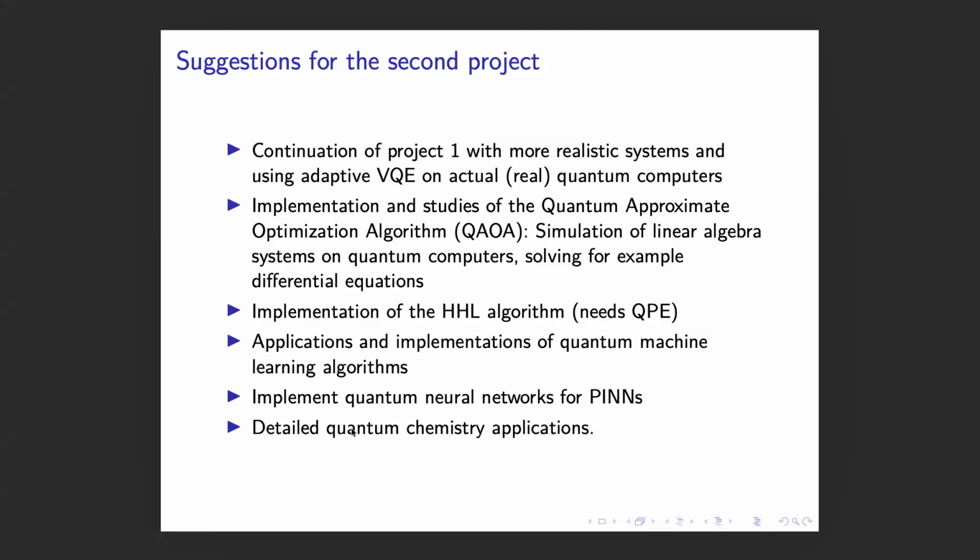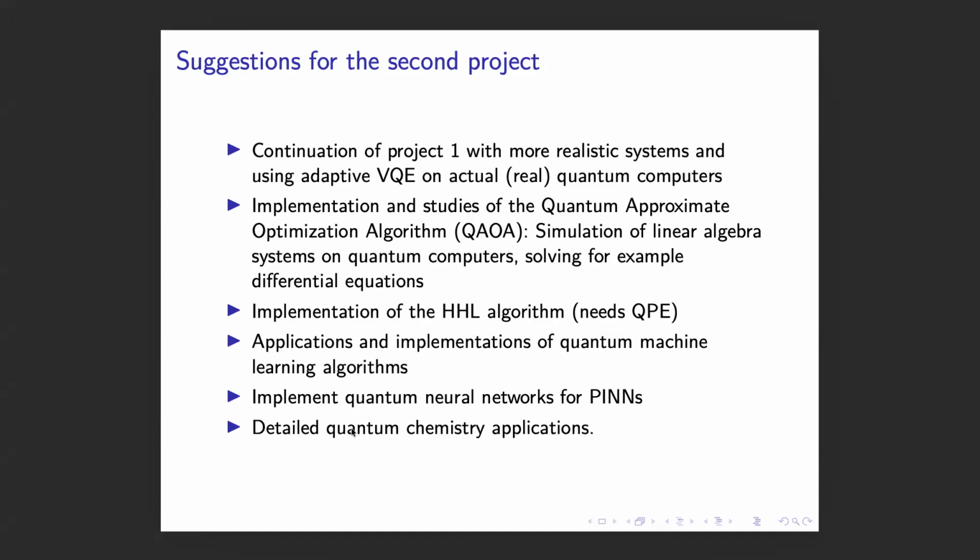2. So one is a continuation of project 1 with more realistic systems and where you actually run on real quantum computers. So that is a well-defined project which picks up what you've been doing. And Qiskit has links to realistic Hamiltonians, which are used in quantum chemistry simulations. Now, one of the things which I'm quite interested in, and which we will discuss after the break, is